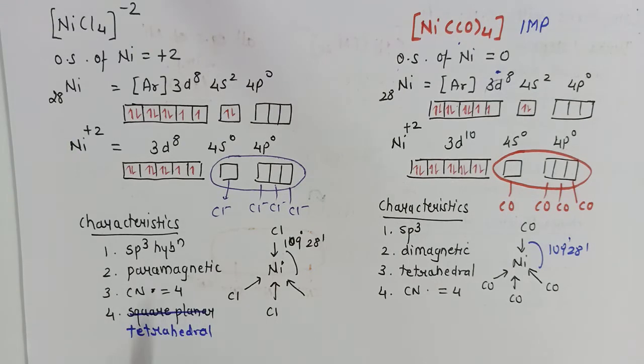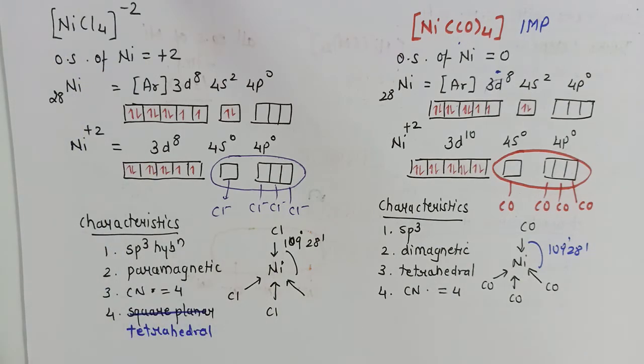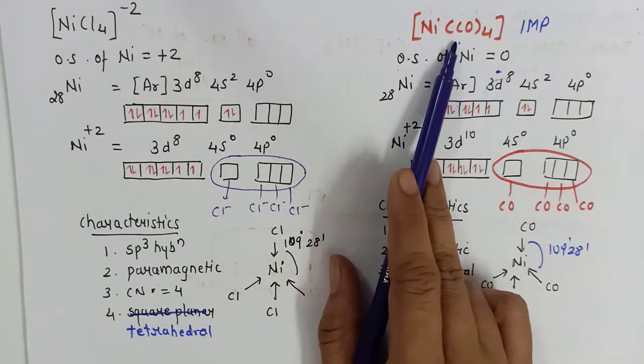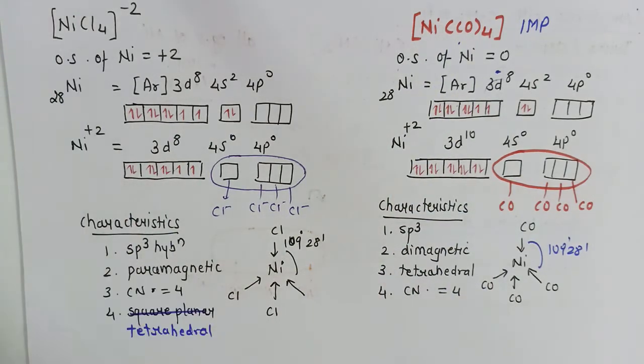Then where does the difference come? One is paramagnetic, another is diamagnetic. Now this question is asked many times, not only in board exams but in JEE exams also: why is there a difference in the magnetic properties? Very simple answer, because of the difference in ligand. A strong field ligand will cause pairing and a weak field ligand does not cause pairing. So all these three examples of nickel are very important. Make a tabular form for these complexes of nickel, showing their hybridization, paramagnetic nature and structure.